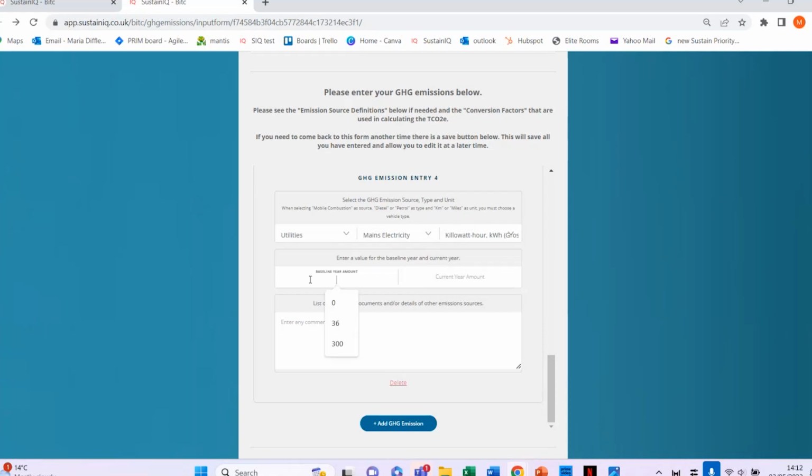I'll put in my baseline amount and then my current year amount as well. Underneath each of these, you'll be asked to give a wee bit of commentary on where those emission sources are coming from. So again, say for instance, if it's electric, you can say we have a log of meter readings, or we have a log of invoices for this particular